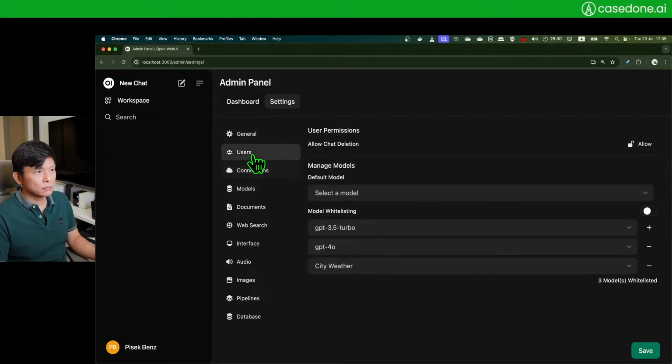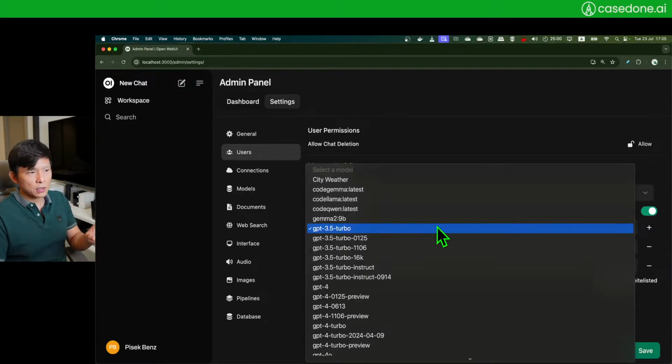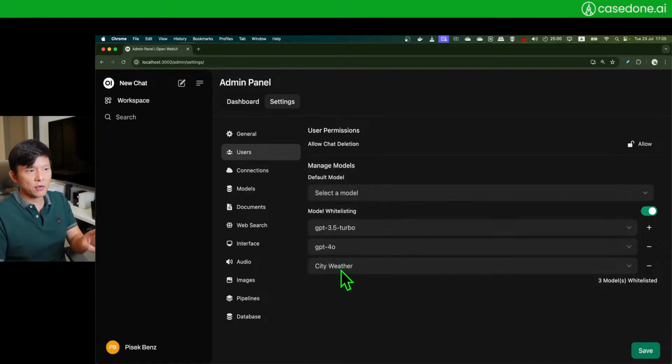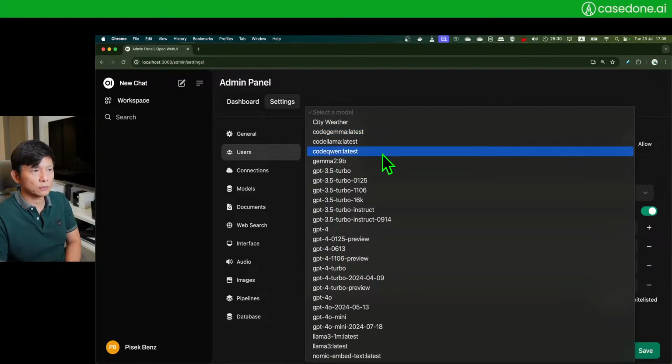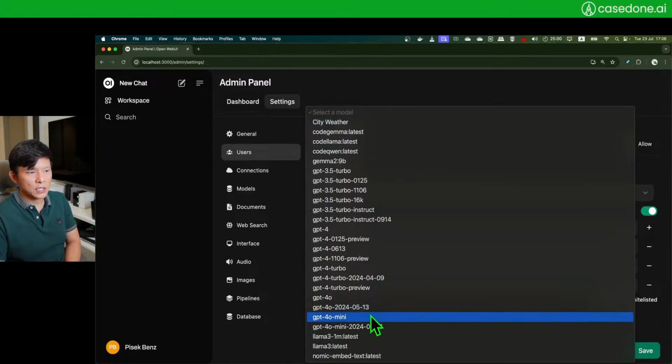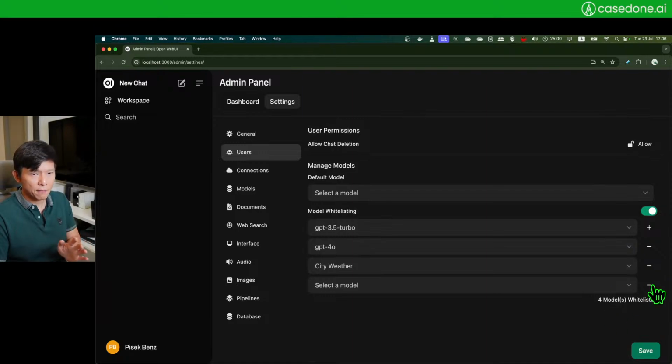Now, if you click users, you can do what we call whitelisting. So pretty much you can define the models that users, not admin like you, will see. The users in my system will only see 3 models that are available for them to use: GPT 3.5 Turbo and GPT-4o. You can add models to the whitelisting by clicking the add button and selecting the model that you have access to. For example, GPT-4o mini, we'll add it later, but for now we are not going to do